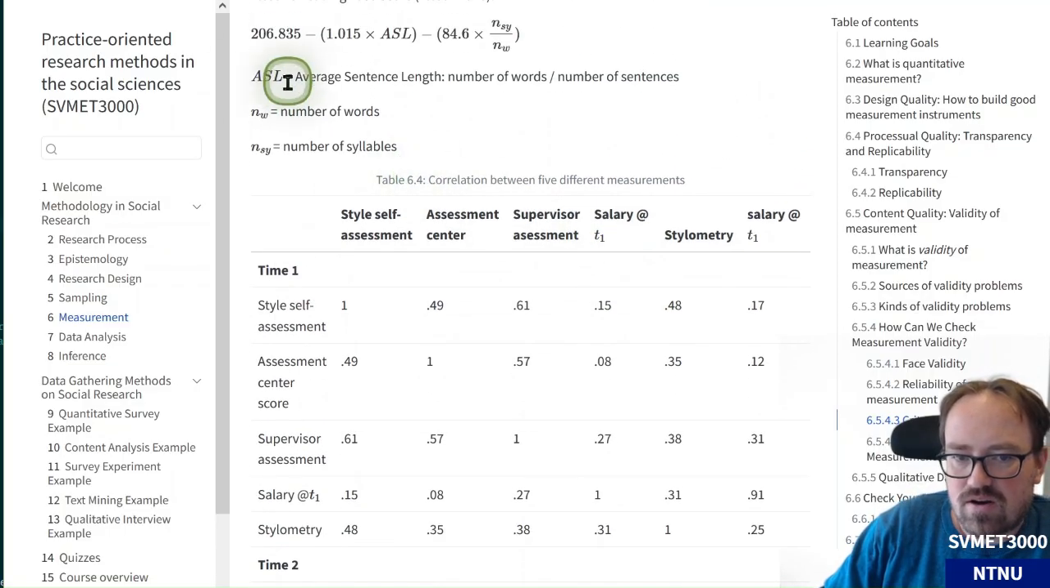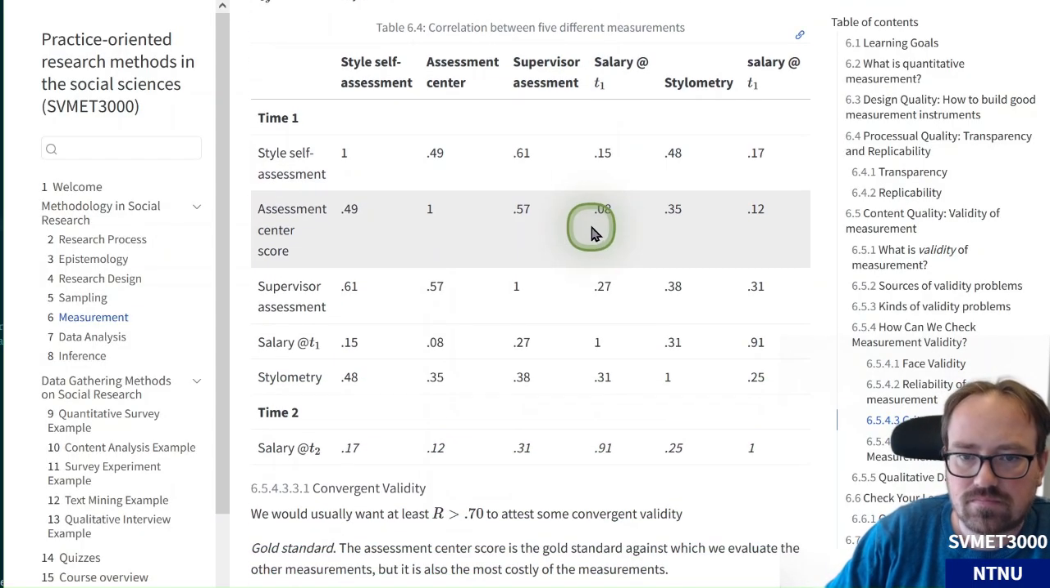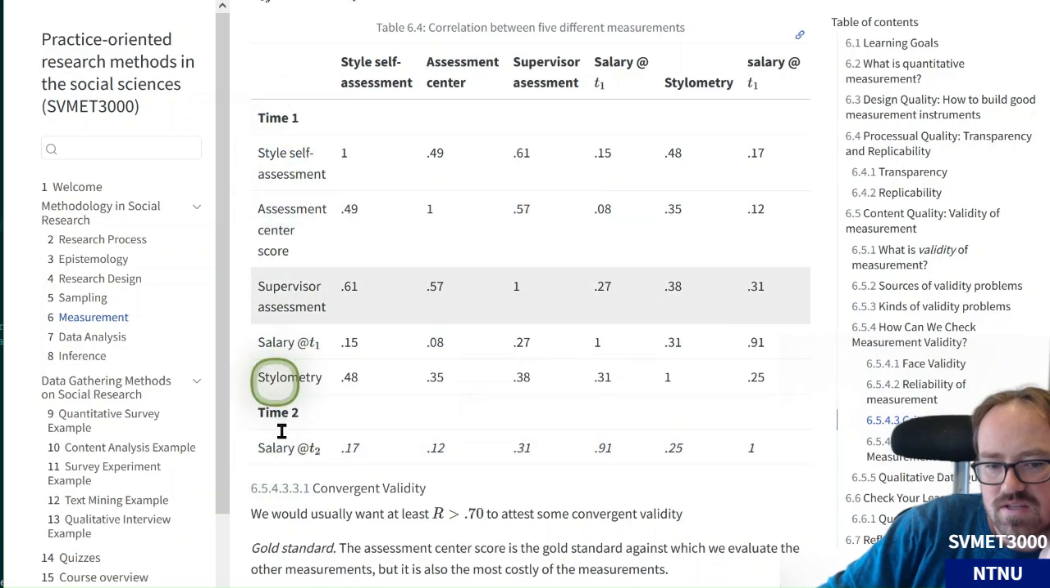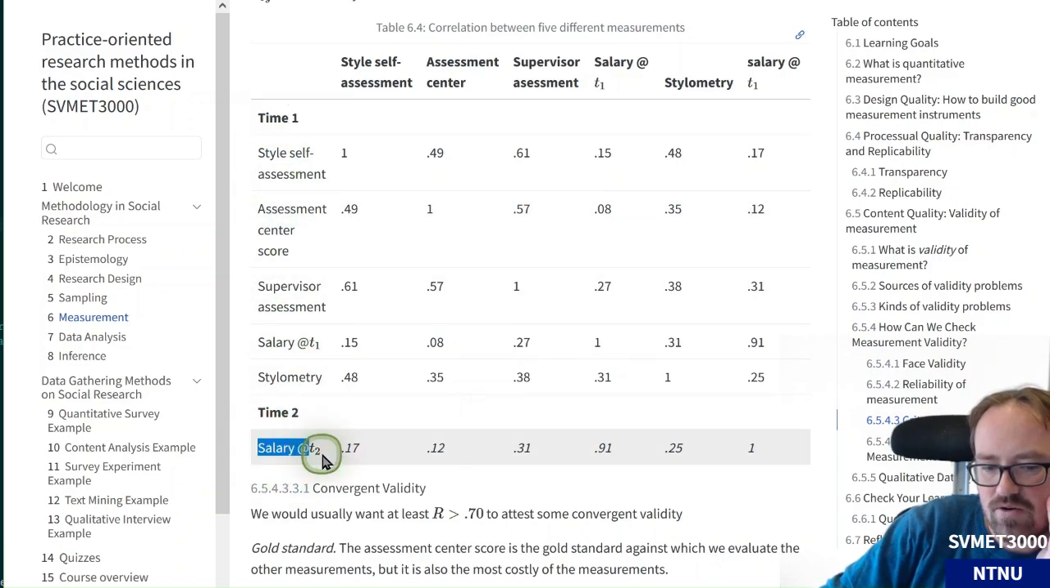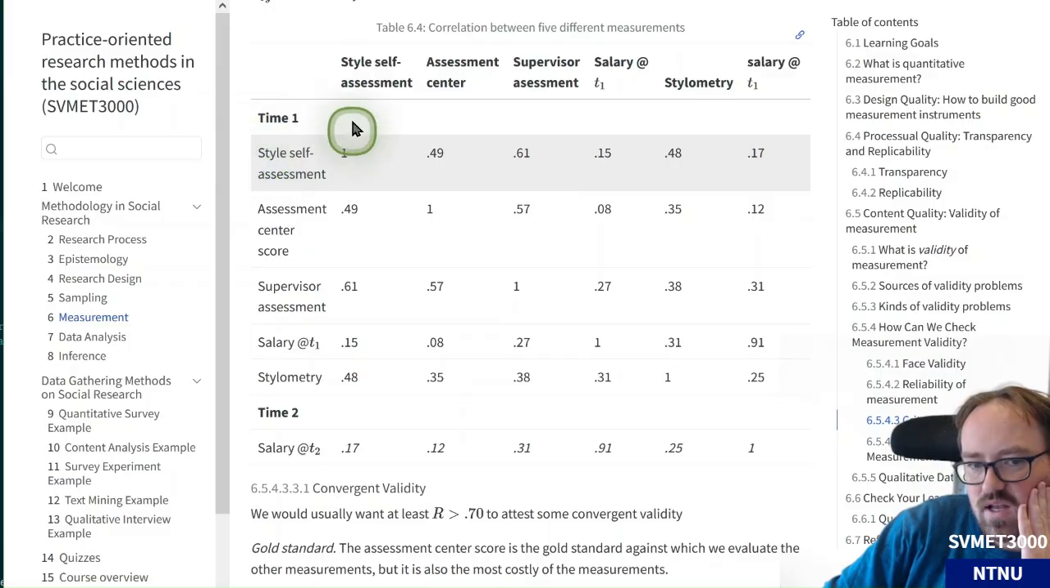So higher scores mean it's easier to understand. Good. And we measure these things at 2 different times, though only the salary is measured at time 2 as well. And this is the so-called correlation matrix, saying like a style self-assessment, or a self-assessment by the journalist is